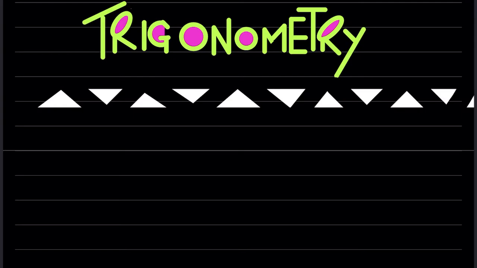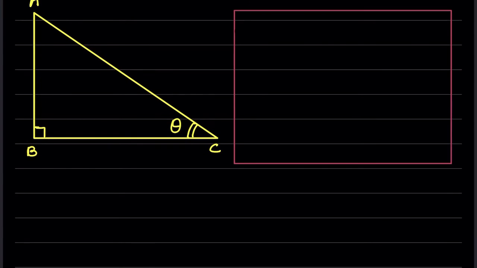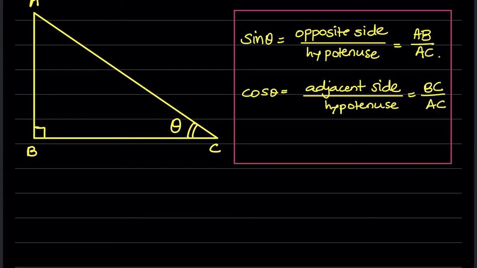So first, without wasting much time, we will quickly revise the last standard's trigonometry. So the ratios of sine, cos, tan, and trigonometric identities and some relations of angles. So see this right angle triangle, triangle ABC. So sine theta is given by opposite side upon hypotenuse, so AB upon AC. Then cos theta is adjacent side upon hypotenuse, so BC upon AC, and tan theta is sin theta upon cos theta, so AB upon BC.